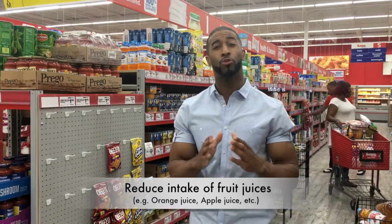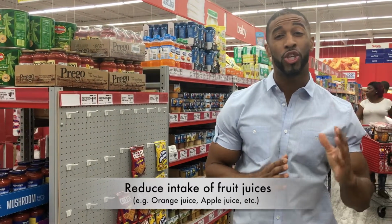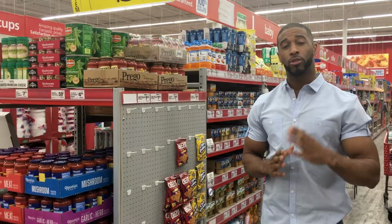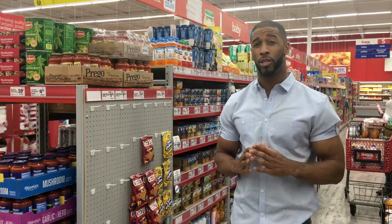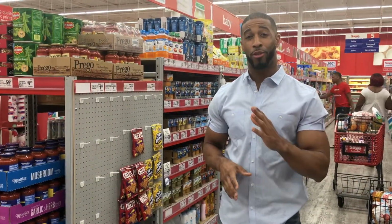Another area to use more caution is in the juice aisle. This is an area where you can receive a lot of empty calories, primarily sugar. Choose fruits for your carbohydrate intake to support your energy needs, and consume more water to help keep your waist in line, your health intact,